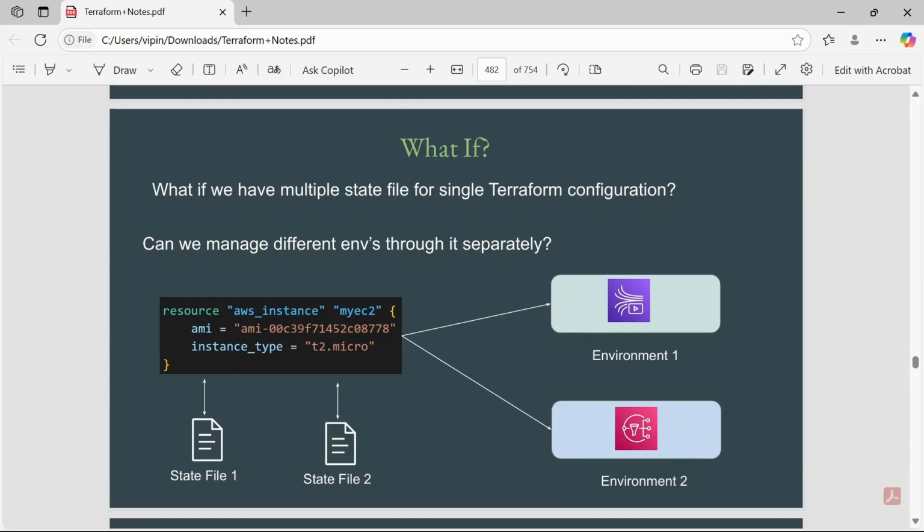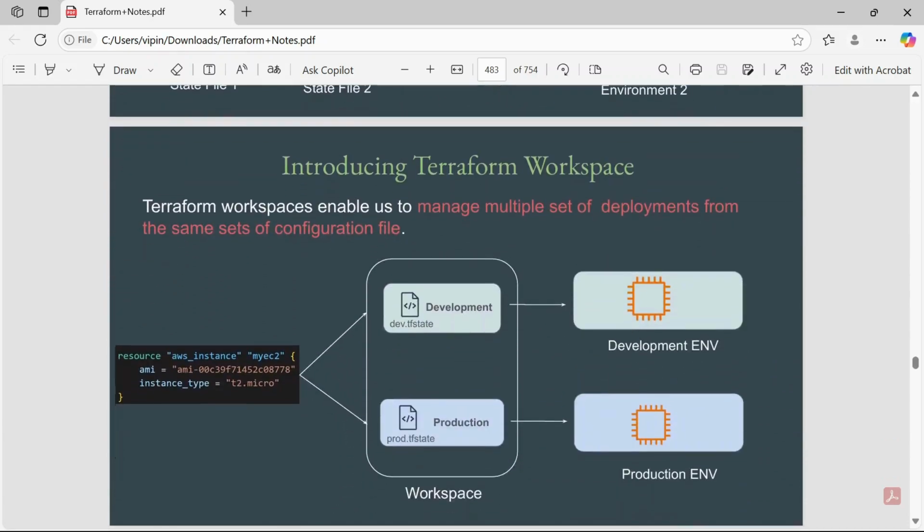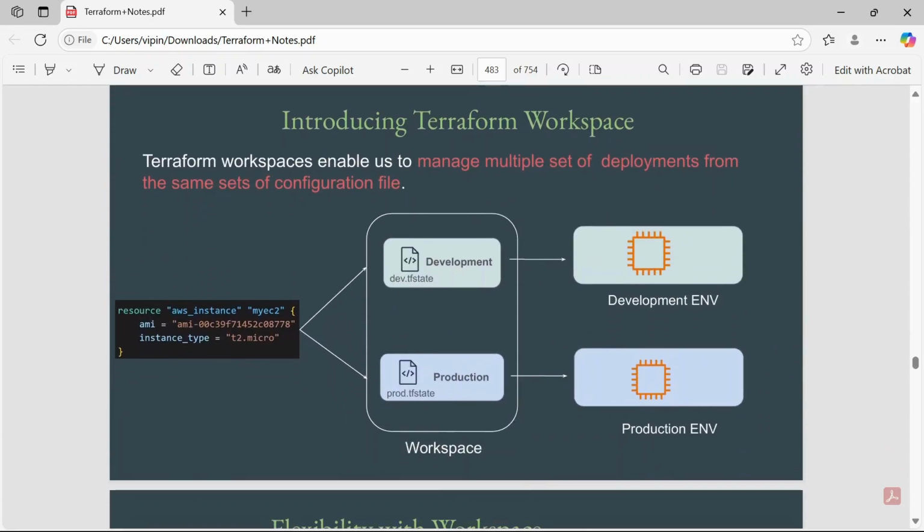Can we manage different environments separately using a single Terraform configuration file? Yes, we can manage it using Terraform workspace. So let's go ahead and discuss it.